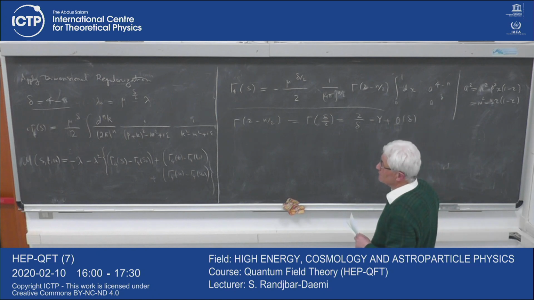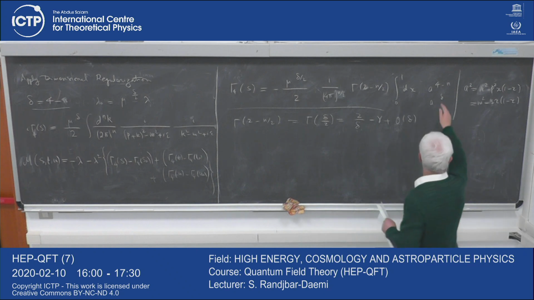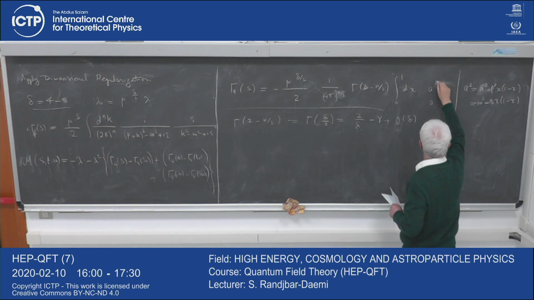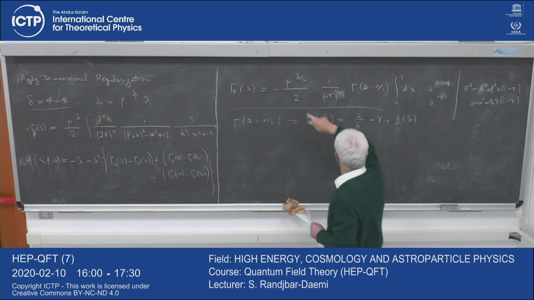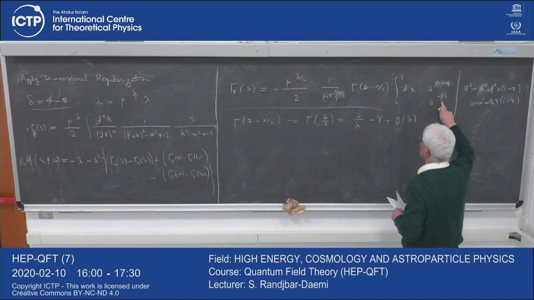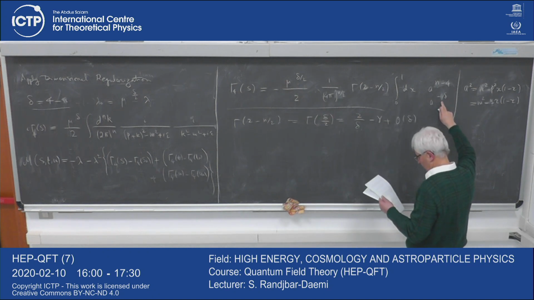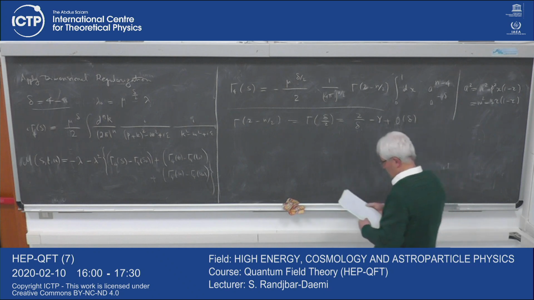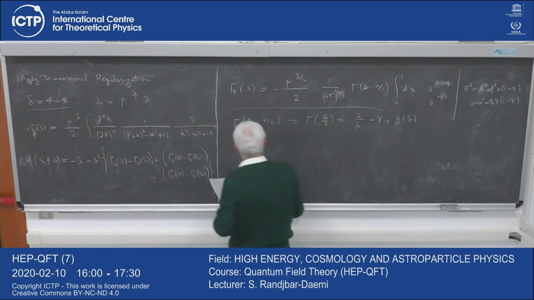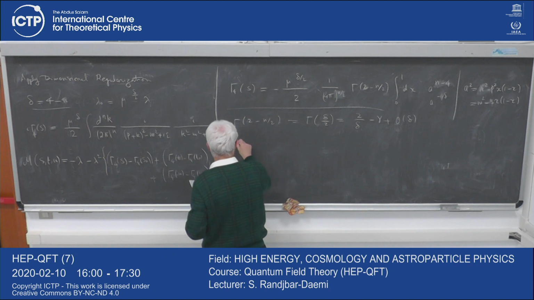Oops, I messed up the definition, the signs. This is n minus 4, sorry. So this is a to the power minus delta. This mu to the power of delta over 2, together with this, will give you, put them together and expand. The details are in the notes, so I'm not going to write the details. After expansion,